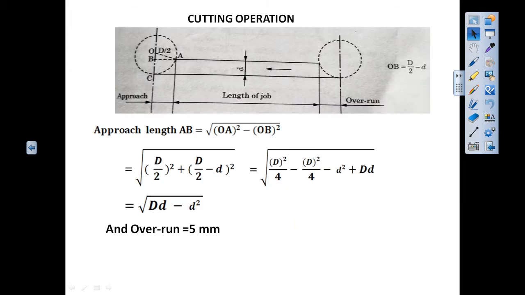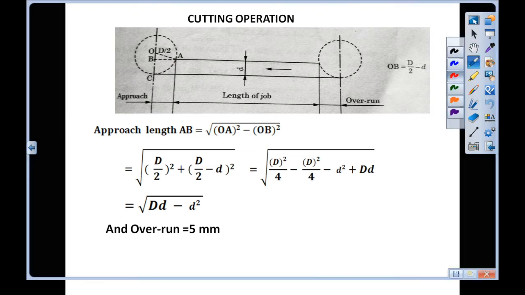Now the milling operation is basically used for cutting and facing. So first we will take the cutting operation. Here is the first case, cutting operation. Here is the figure. It says L is the length of the job, D is the depth of cut, and